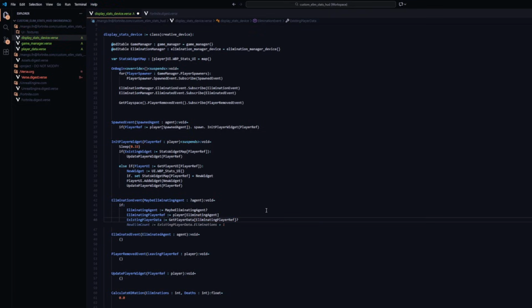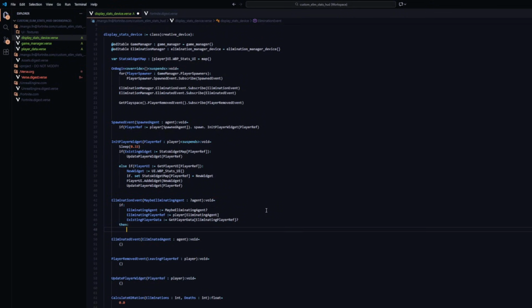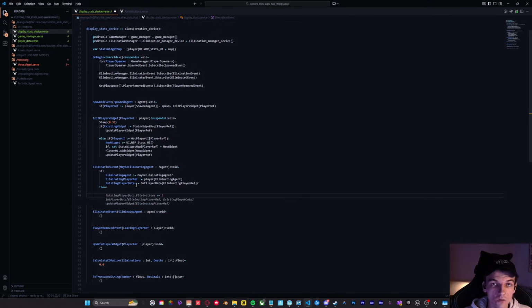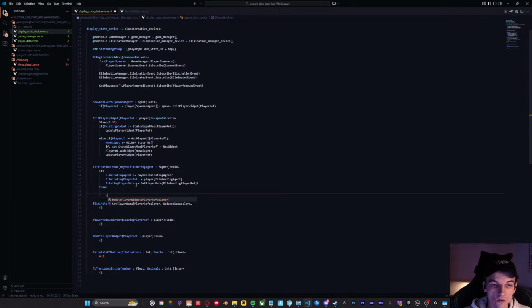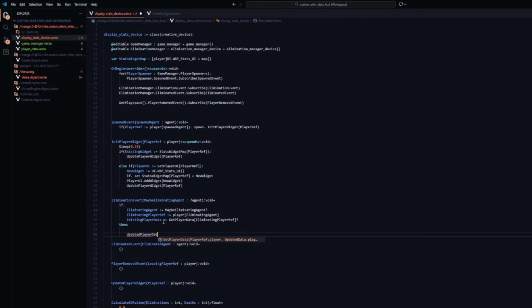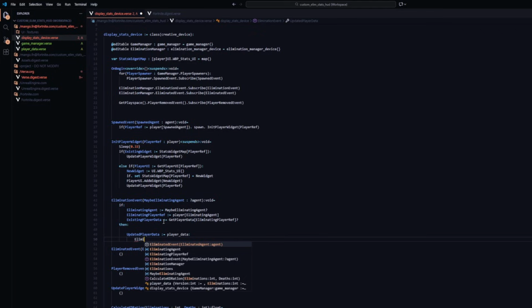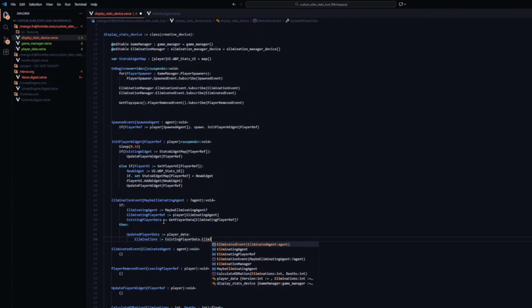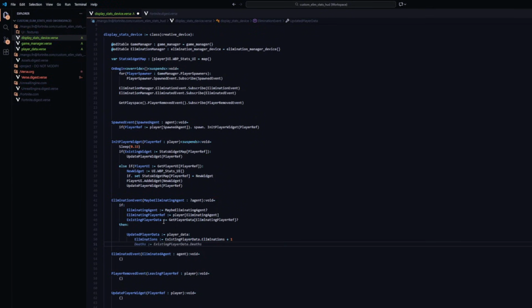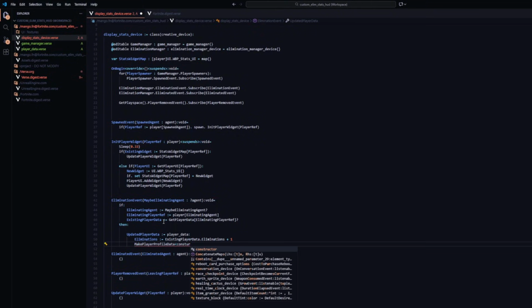And don't forget the question mark on the end. Once we've defined all of those variables, all we have to do is use the constructor to update their elimination count. So we do updated player data, and this is of type player data, and we do eliminations is equal to existing player data dot eliminations plus 1, and then we do make player profile data, and we put the constructor effect,